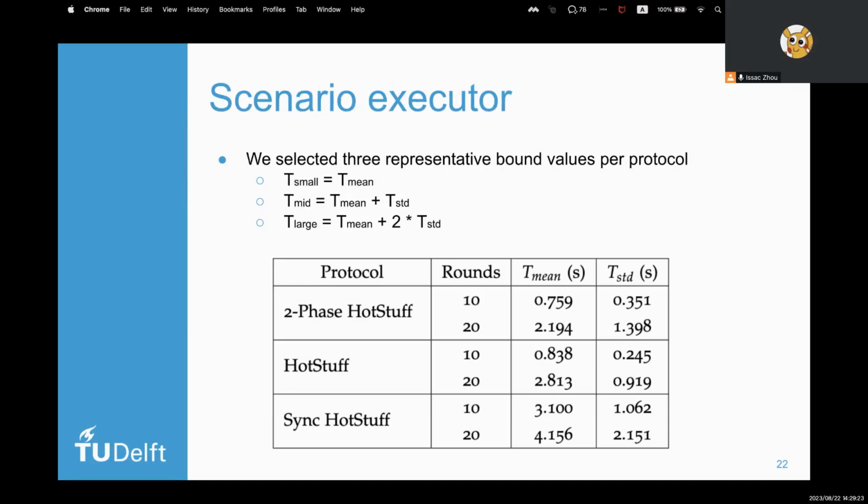For each configuration, we randomly execute thousands of test cases and we report the average execution time for each scenario into this table. The time required to execute a scenario with synchronous HotStuff is longer than regular HotStuff because synchronous HotStuff requires longer network delays and malicious delaying by the adversary.